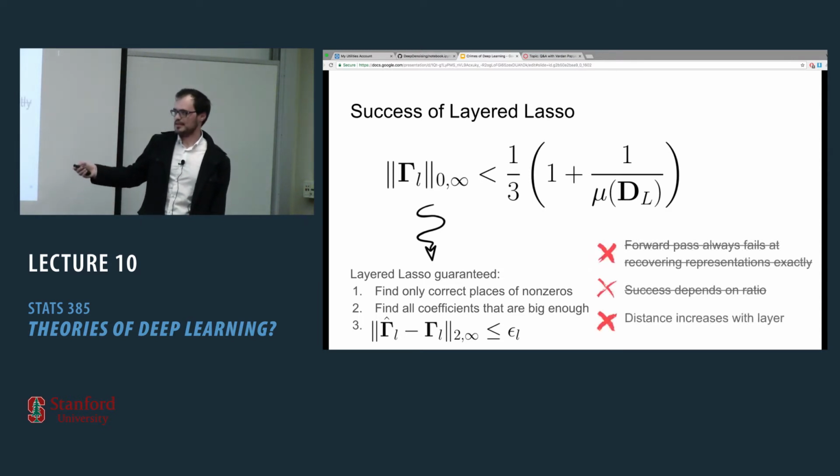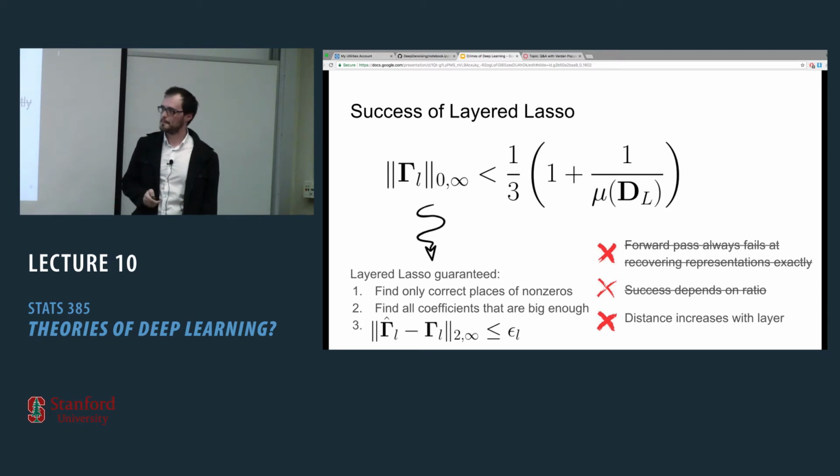But most importantly, this algorithm is actually guaranteed to find exact representations under certain conditions. So under certain conditions, gamma hat is equal to gamma. Its success does not depend on the ratio, and the distance will still increase with the layer. So this is still a difficulty.